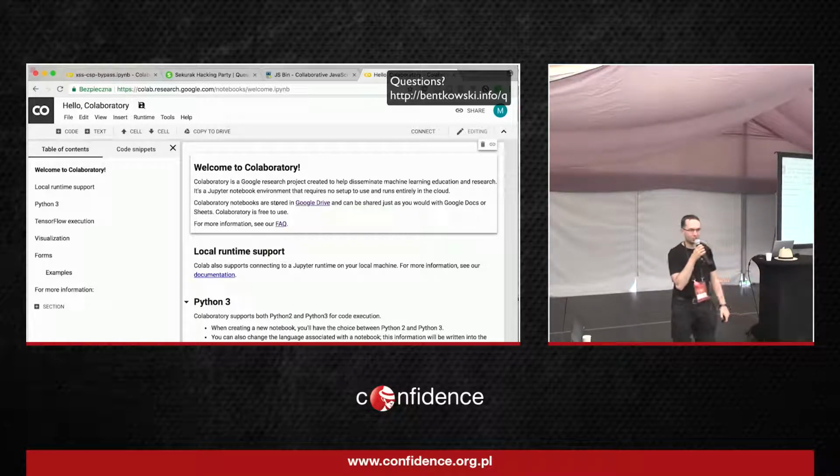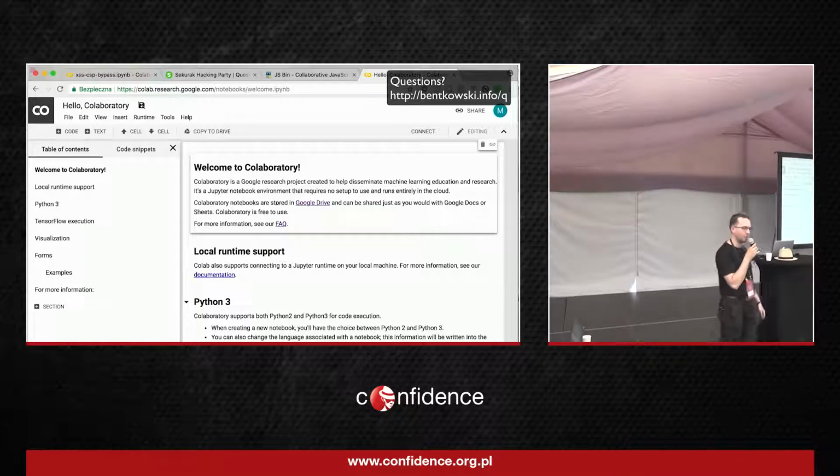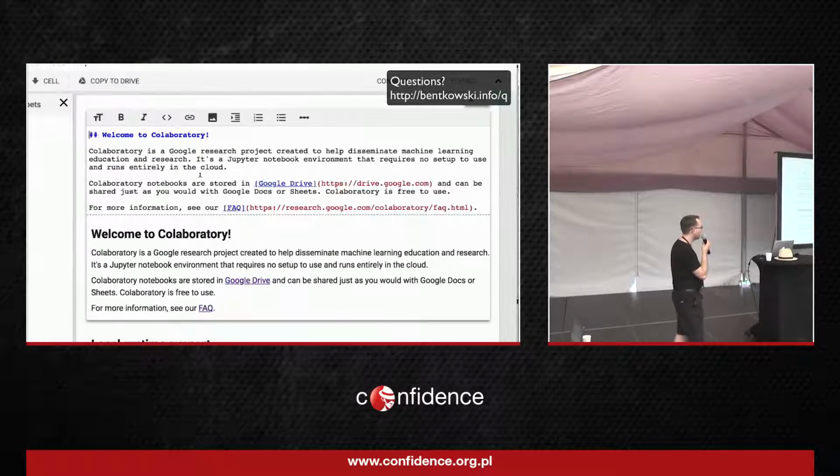I am not really surprised because I don't think it is very well known. And did you hear about the other application called Jupyter Notebook, perhaps? It is probably more known. Google Colaboratory is based on Jupyter Notebook. It is used by some people who perform research, because here you can write some markdown over here.